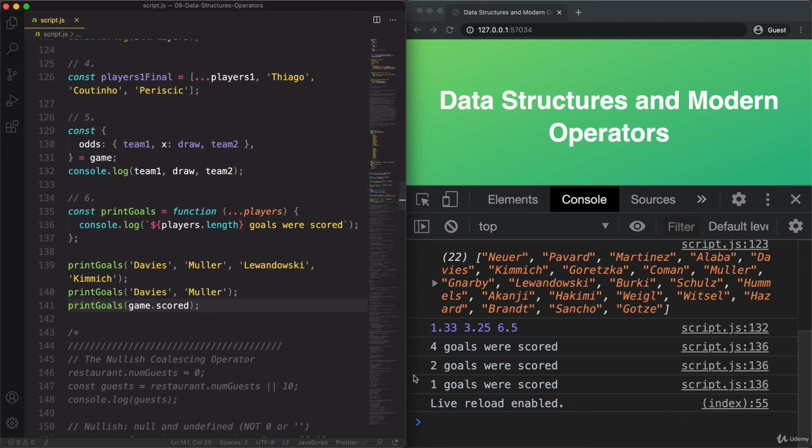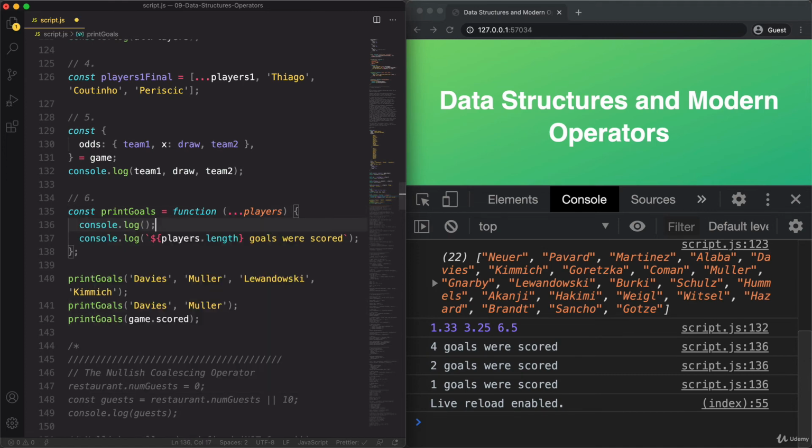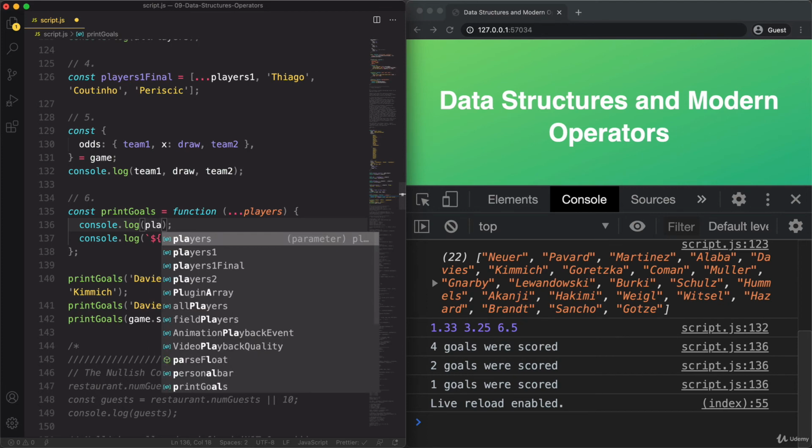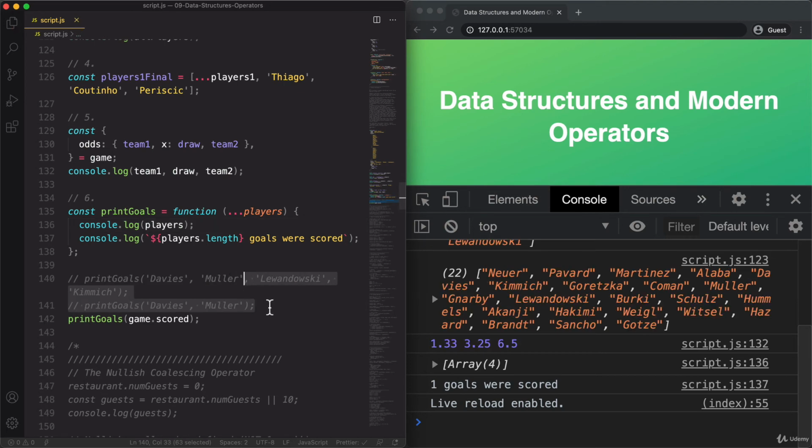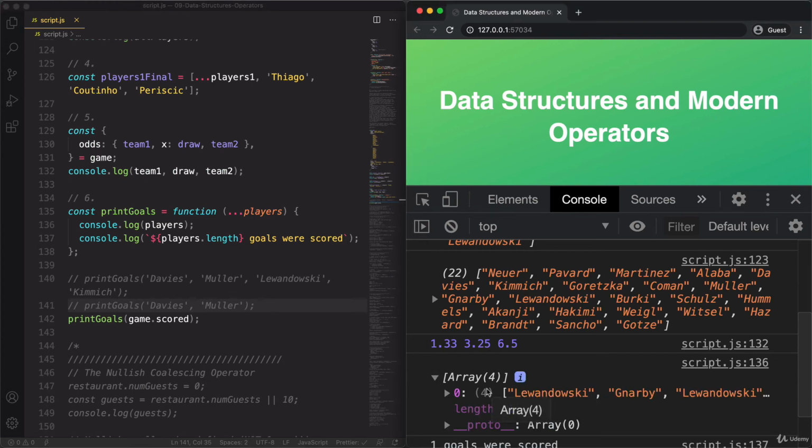So instead, we get 1 goals were scored. And so that's because we only passed in 1 argument. Let's take a look actually at the players to see what I mean. And so the problem here in this last function call, let's take out these 2. So the problem is that now we get 1 array, and in that array is this array with the 4 elements,